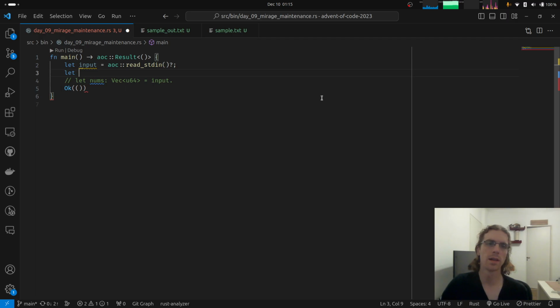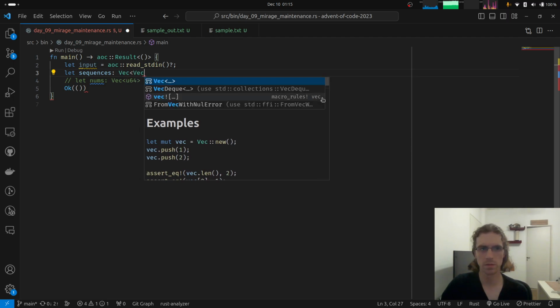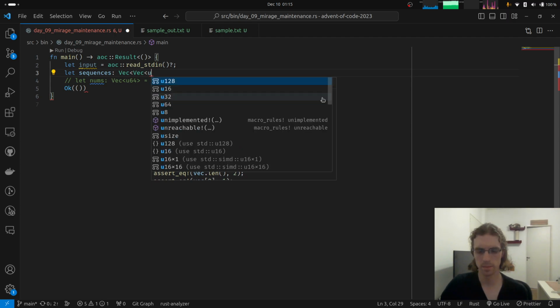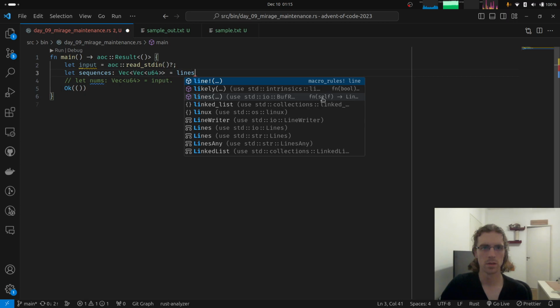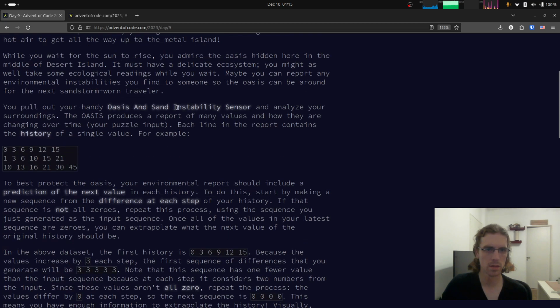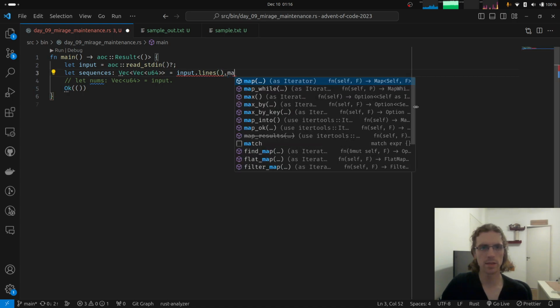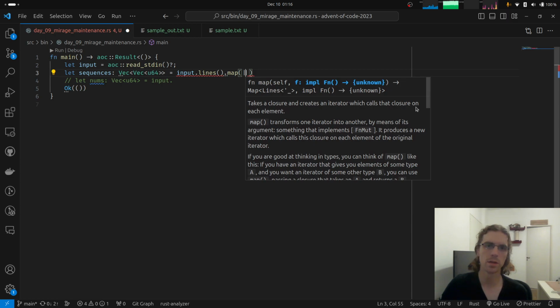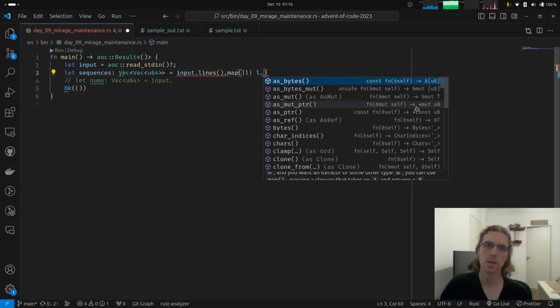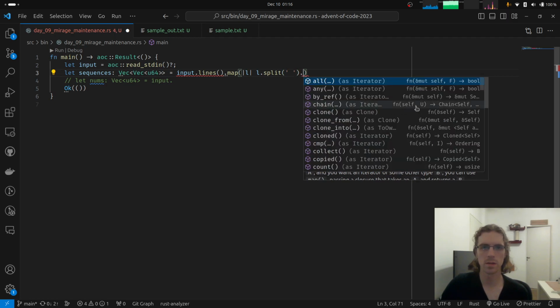So let's call this thing let sequences, a vector of vectors, I guess. So yeah, input lines. Is sequences the name for that? Well, it's called history. Let's call it sequences. So it's the lines. We're going to do the parsing of each line. So for each line, we're gonna do line splits. We can just split by a space, right? And then